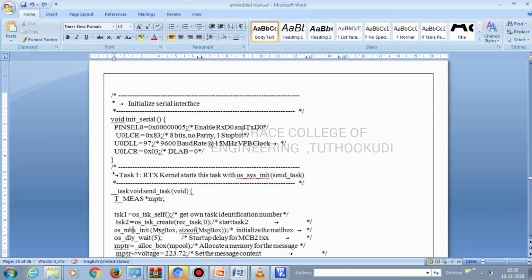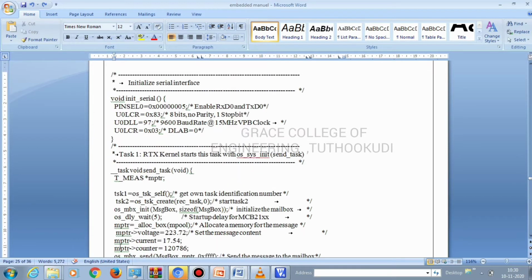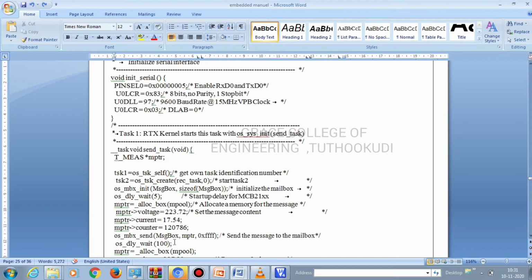First we are going to type a message, so it allocates the memory for the message, and then it will transmit the message. mptr is set with the voltage value of 223.72, current with the value of 17.54, and counter equal to 120786. os_mbx_send of message box, mptr, 0xFF will send the particular message we have already created to the particular mail ID.